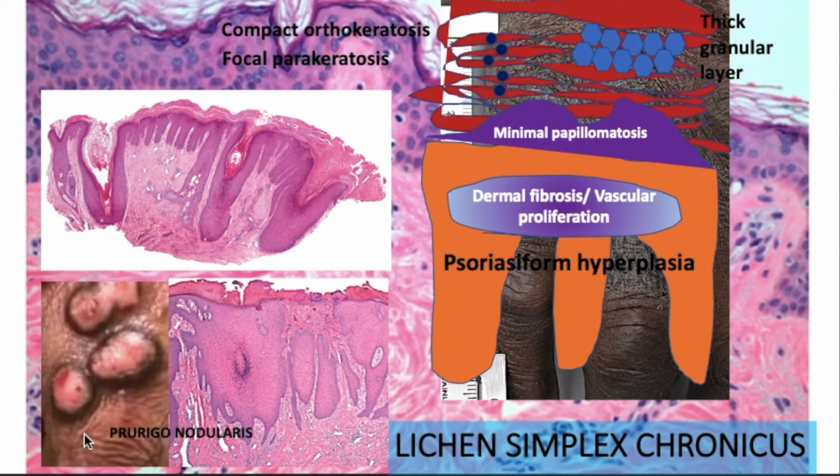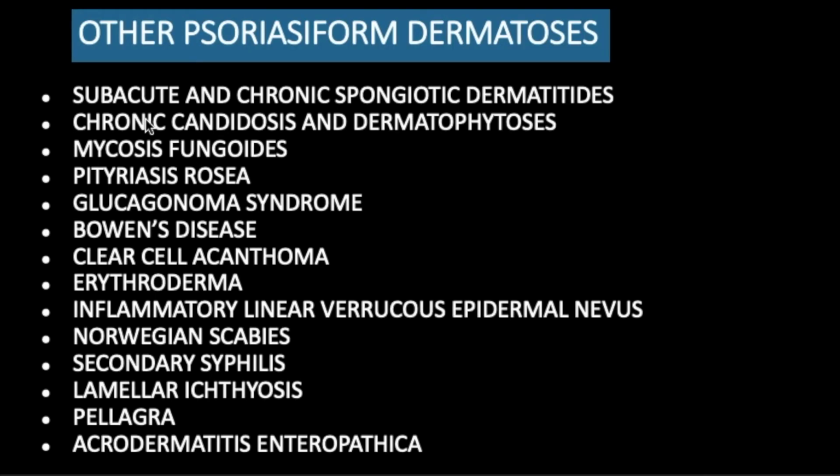But the difference between lichen simplex chronicus and prurigo nodularis is clinical, where we see the nodules or the cup-shaped lesion. So we finished the first category, and we now move our attention to the second category,